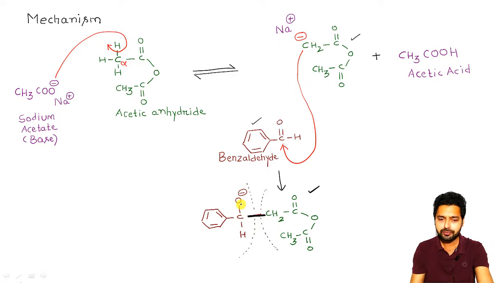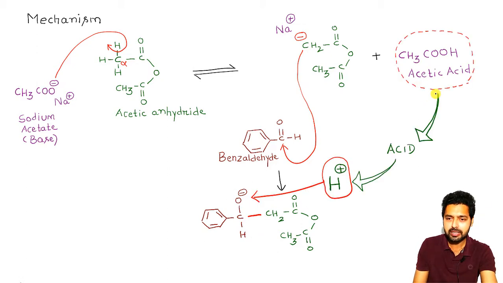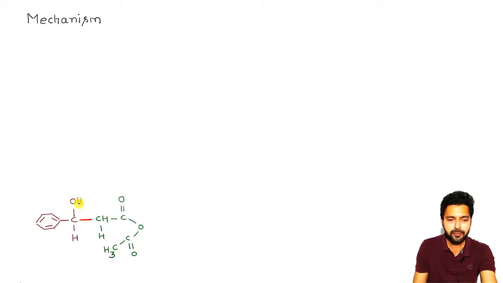And after that, this oxygen negative wants something that can come to this oxygen atom so that this negative charge can be neutralized. The best thing that could happen here is that it can get a proton from this acid, because we know that acids are known to donate protons. So I have shown here the acetic acid giving a proton to this oxygen negative, generating a hydroxyl group here. Okay, so after that, the next step here is what?